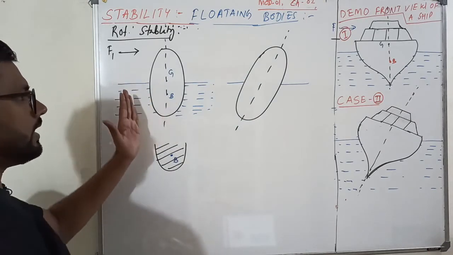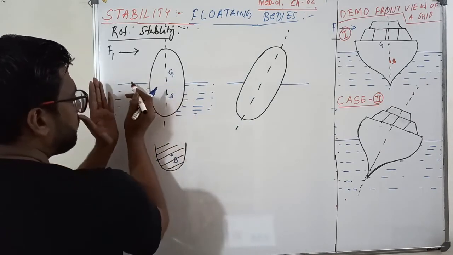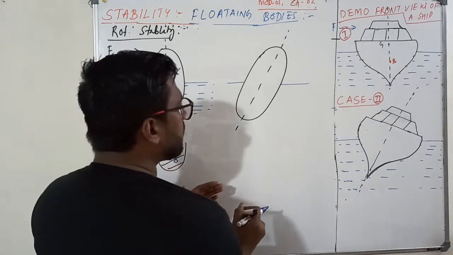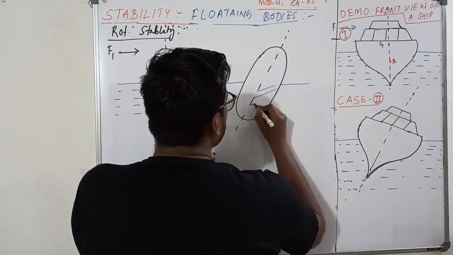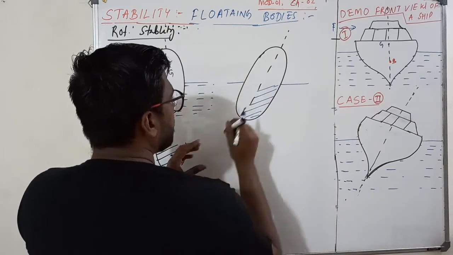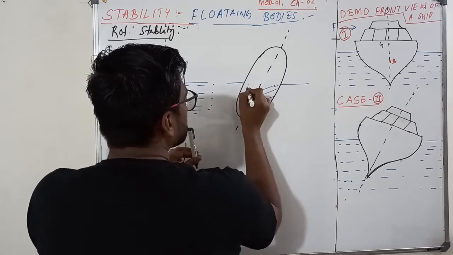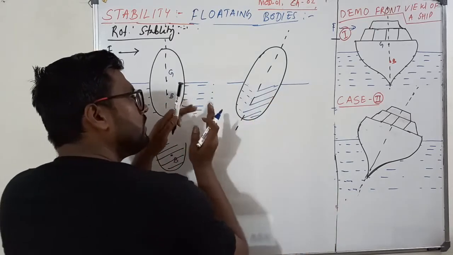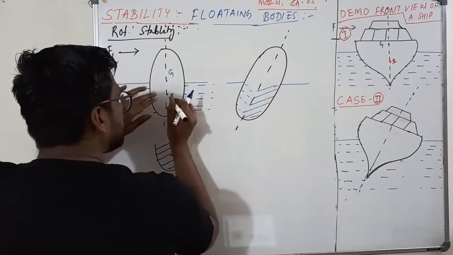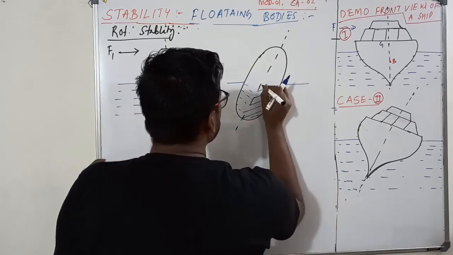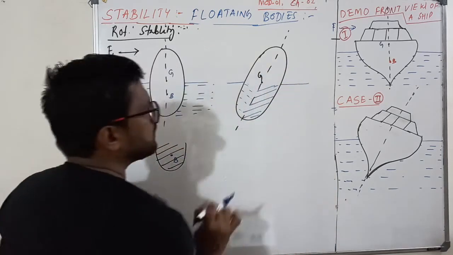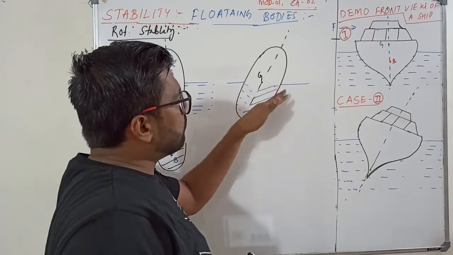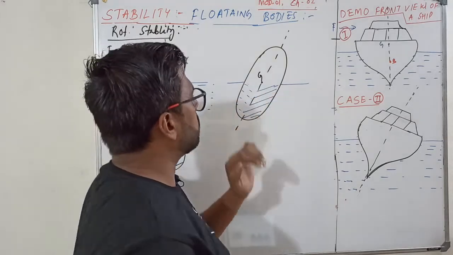Earlier, the left hand portion from the centroid line and the right hand portion were equally submerged. Now what happened? Sir, the volume occupied on the right hand side I am seeing is more, whereas on the left hand side it is a little less. So more of the volume is now on the right hand side, so the centroid of the displaced volume will shift to the right. G will be the same, your center of gravity is not going to change. But the center of buoyancy will change because now more volume is displaced on the right hand side.